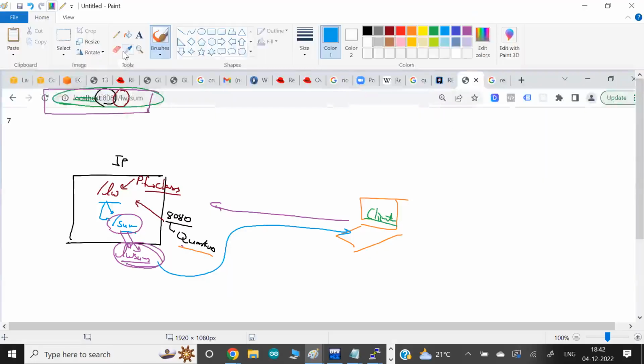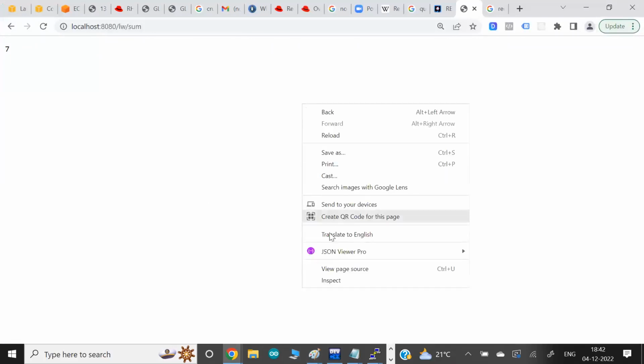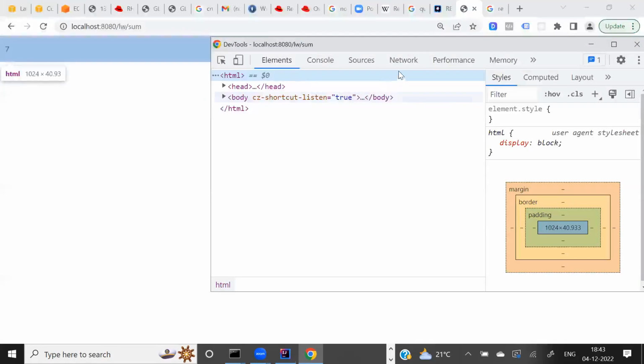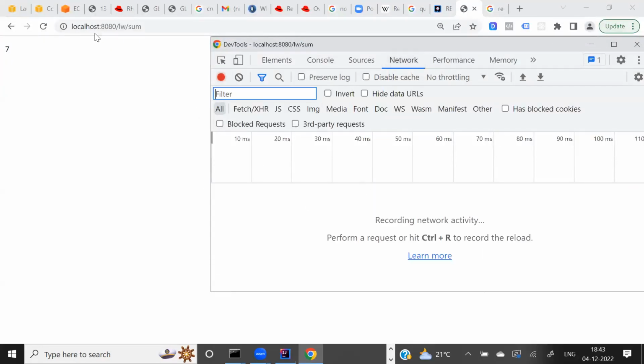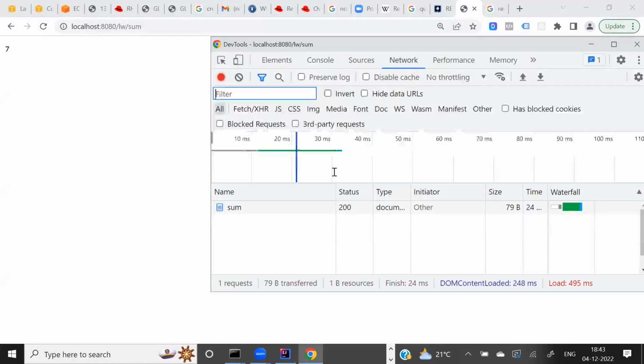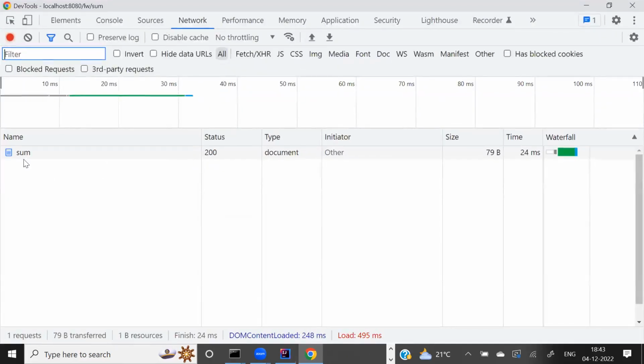Even though, because I'm typing this URL in my browser, by the default behavior of the browser, they always send the request using the get method only. You don't have to tell, this is the default nature. We can change it also by some other tool, but this is what they do. How do I know? If I right click and open the inspect program in your browser, the developer tool, and go to network, nothing is there, but if I refresh one more time, some information is going to come up. And what you see here, you call this path sum, that we can see here.